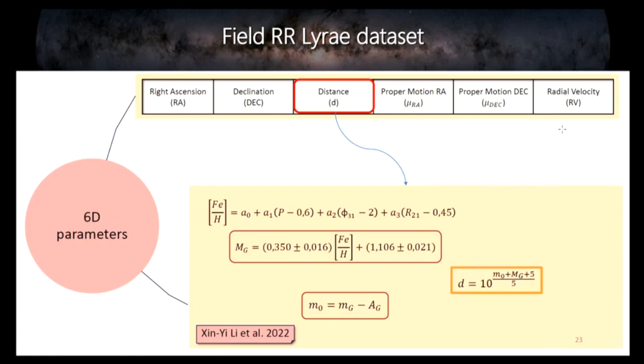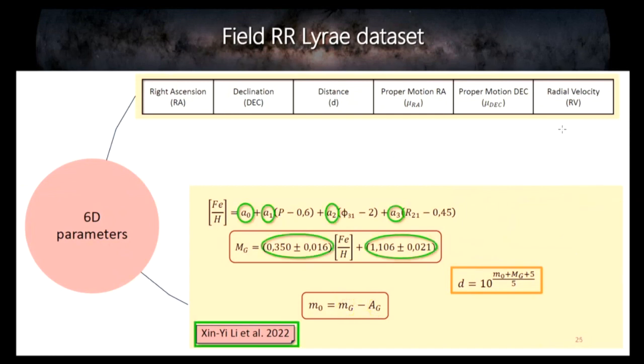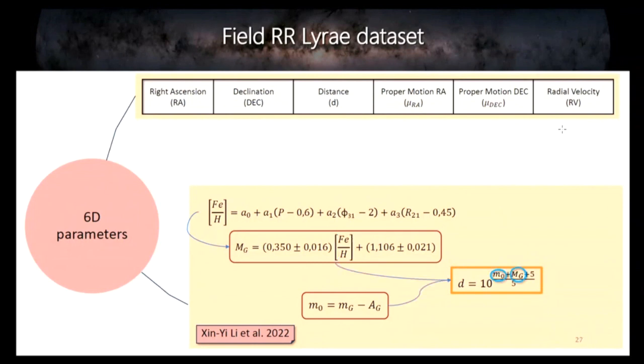Moreover, I calculate the distances, the photometric distances, using the 3 relations by Muraveva et al., and the classic distance modulus relation for the distances. The pulsation data and photometric data come from Gaia Data Release 3, while the linear coefficients come from the same paper as before. So basically, we can find the metallicity and the absolute magnitude. So our dataset now is complete because we have the distances,